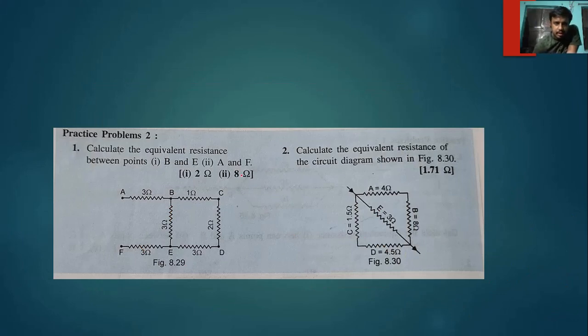Okay, let's see. In this diagram, 1, 2 and 3 are in series as they are connected end to end. This end is connected to this end. So these three are in series. By adding, we'll get 1 plus 2 plus 3, that is equal to 6. And both 6 and 3 are parallel now. So when 6 and 3 are parallel, we have to calculate 1 by 6 plus 1 by 3. The LCM would be 6. It would be 1 plus 2, 3 by 6.